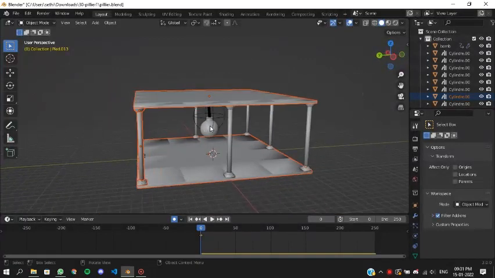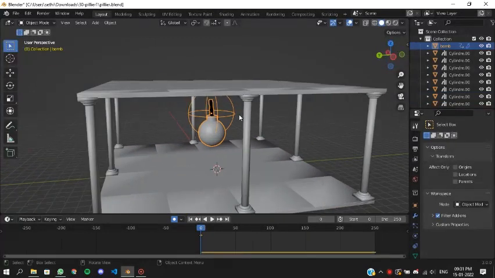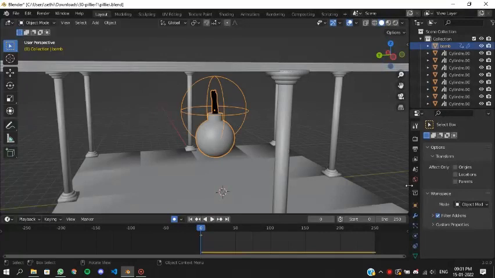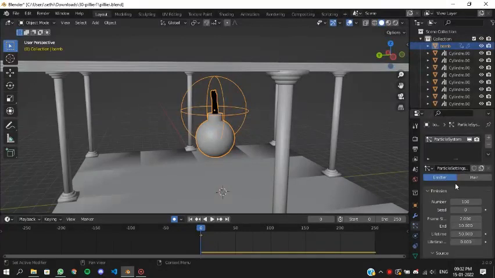Talking of this bomb, I created it using a sphere, and the shell of the bomb explodes into many different pieces. This process has been created with the help of the physics properties. The physics tools are basically a particle simulator.